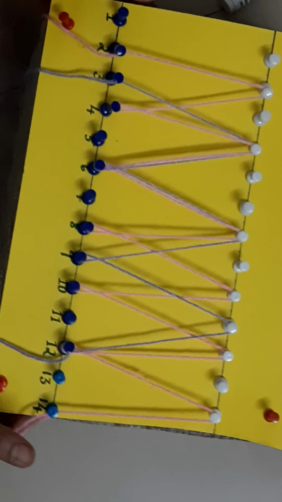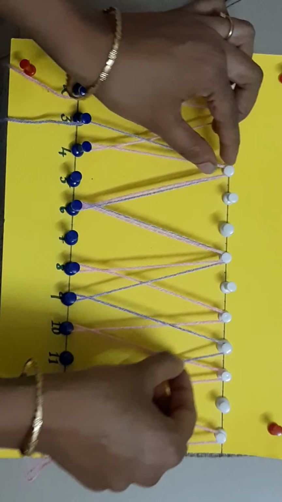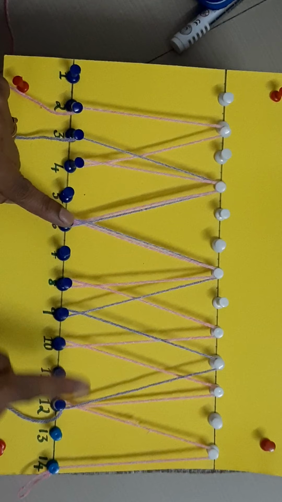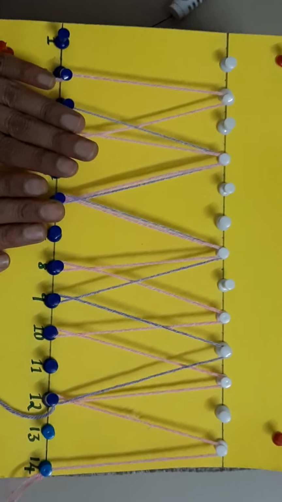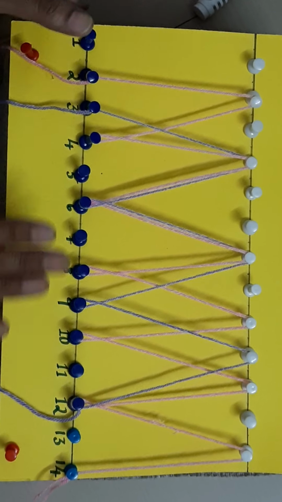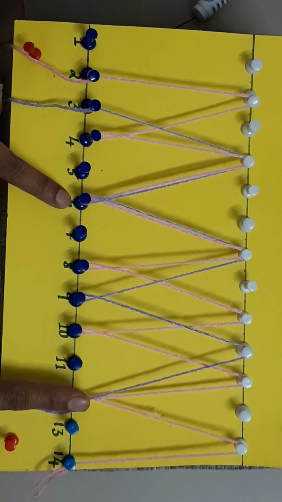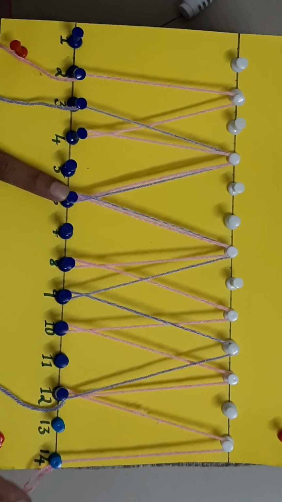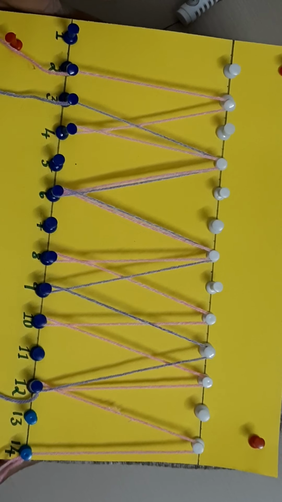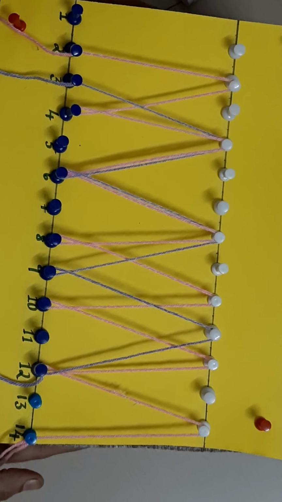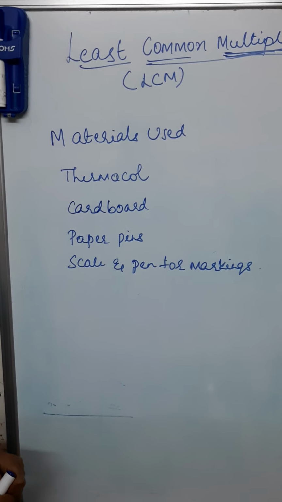For some numbers, as in 6 and 12, we have both the threads going around them. That is 6 and 12. These threads are going around them because they are the common multiples between 2 and 3. So, among 6 and 12, which is the least number? Of course, it is 6. So, 6 is the least common multiple of 2 and 3. The similar method you can use to find out the common multiple of any two numbers, and this is how we can demonstrate the least common multiple.